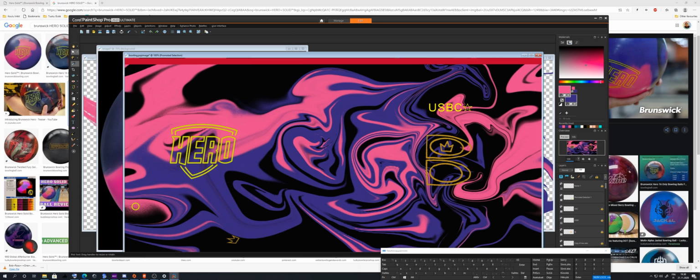Now what we're going to do is choose the color again. And I have done these Brunswick logos as a layer. We're going to choose it and just recolor them like so. Also the USB-C logos too, like this,